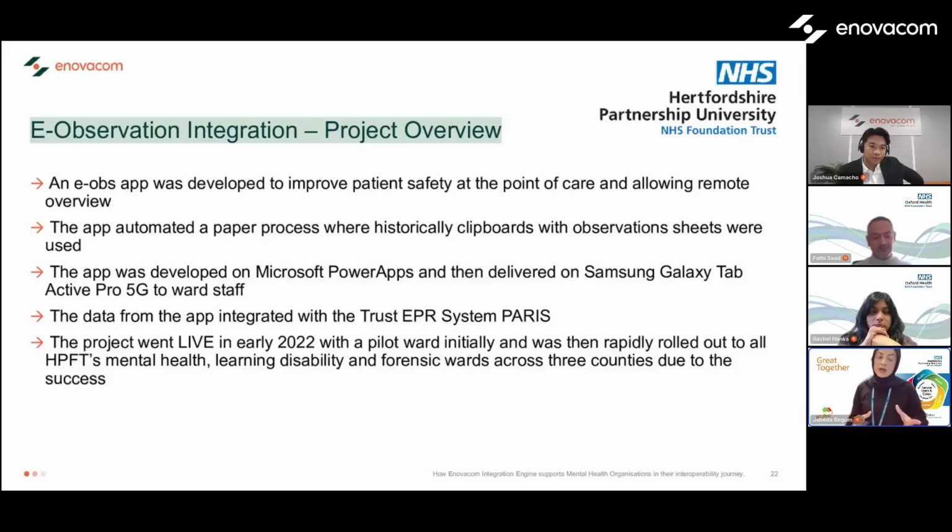So with regards to eObs, the Trust had a very paper-based process in capturing our observation for service users. It wasn't a safe process. You know, paper records were misplaced, they were lost, and it all led to clinical incidents. So there's a need to automate that process, and an app was developed to capture that paper process on the app itself. The app is delivered on the Microsoft Power Apps, and it was delivered on Samsung Galaxy tablets that were purchased for the Trust. So there is mobility with this